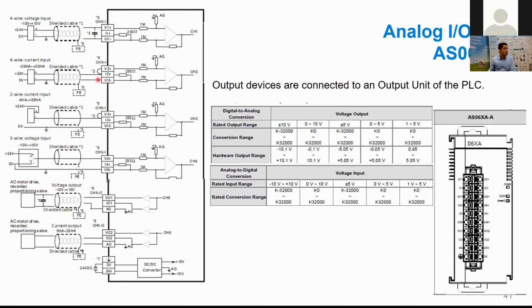Okay, so on the left hand side, you see the wiring as well. It supports 4-wire, 2-wire, voltage input, current input. So these are all possibilities. For the current, what is different? You need to make a shortcut between voltage input and current input. But for the voltage wiring, for instance, here, you don't need to make any shortcut. You can directly wire. So please keep in mind that if you want to wire a current input, you need